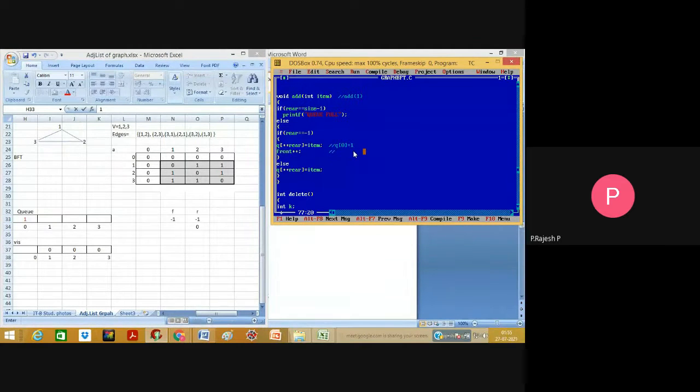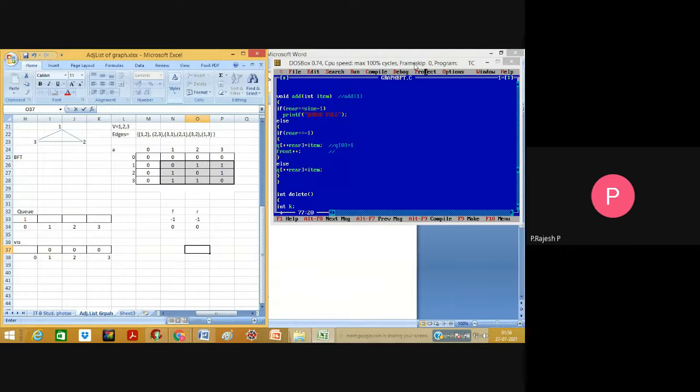The next one is front. So front is equal to front plus 1. What is the value of front? -1. -1 plus 1 is nothing but 0. So the front value is also going to be changed to 0 right now. So the if condition is true, and that's what we executed in this body.